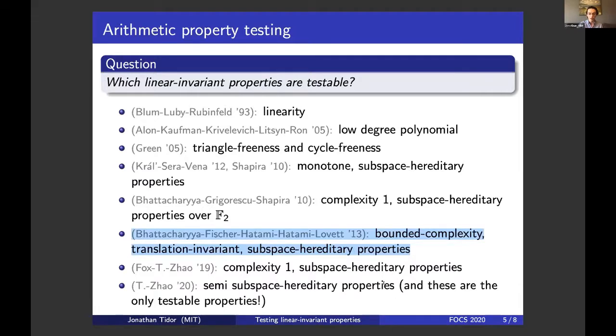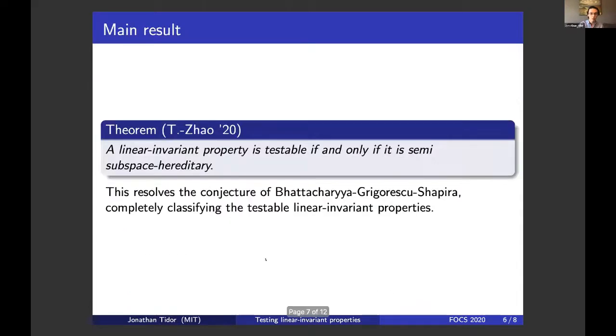So now to get into our work, we show that all the semi-subspace hereditary properties are testable. That is, we remove these two restrictions present in the previous work. So let me put that on the slide. We show that all semi-subspace hereditary properties are testable, which combined with this only if direction by Bhattacharya, Grigorescu, and Shapira completely classifies the testable linear invariant properties